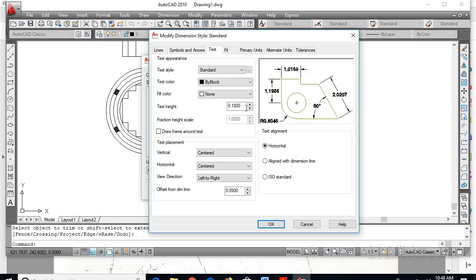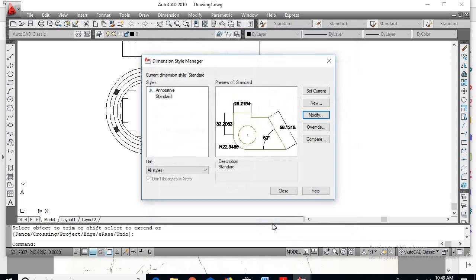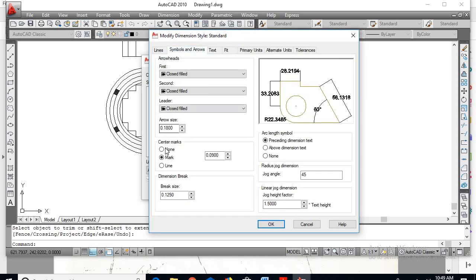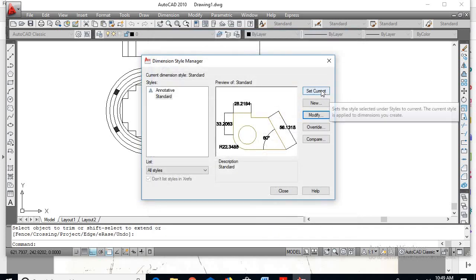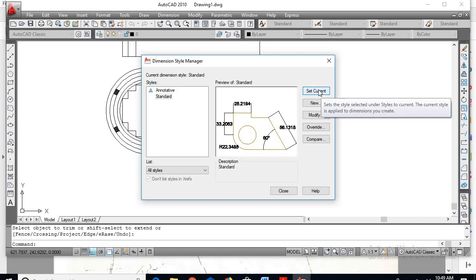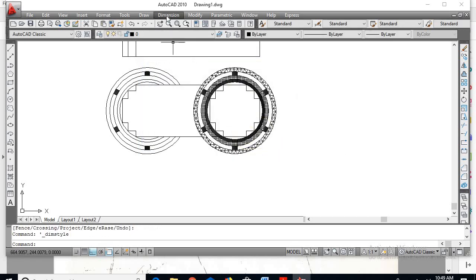Under text, please increase the text size to 5 centimeters, say OK. Similarly, if I go for symbols and arrows, I don't want any marks here, I'll go for none. Say OK. Go for set the current and close. Now I'll go for dimension.